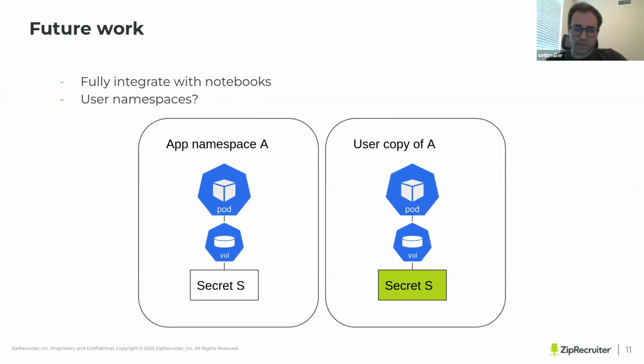And then there's this other idea that's brewing that I'm calling user namespaces. It's what I touched on earlier: in our infrastructure, we create replicas of app namespaces for each user that's developing on that app. I'm not sure what the timeline is, because it's another team that's involved in making this change, but at some point these user namespaces will have the same secret interface, where the secrets will have the same name, and the service accounts will have the same name, but the actual secret values will be different for the user namespaces. This is for security reasons, so that